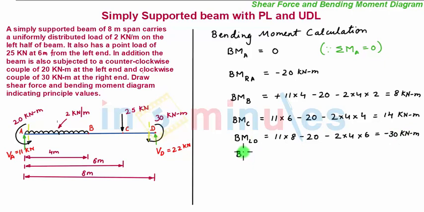And finally, the bending moment at point D is 0, since summation of all the moments about any point, and if this point is point D, is equal to 0, so our bending moment will also be 0, since our point is at the extreme end, and the bending moment is the summation of all the moments on one left hand side of the section. So with this, our bending moment calculation is over. We now plot the variation of bending moment along the length of the beam.